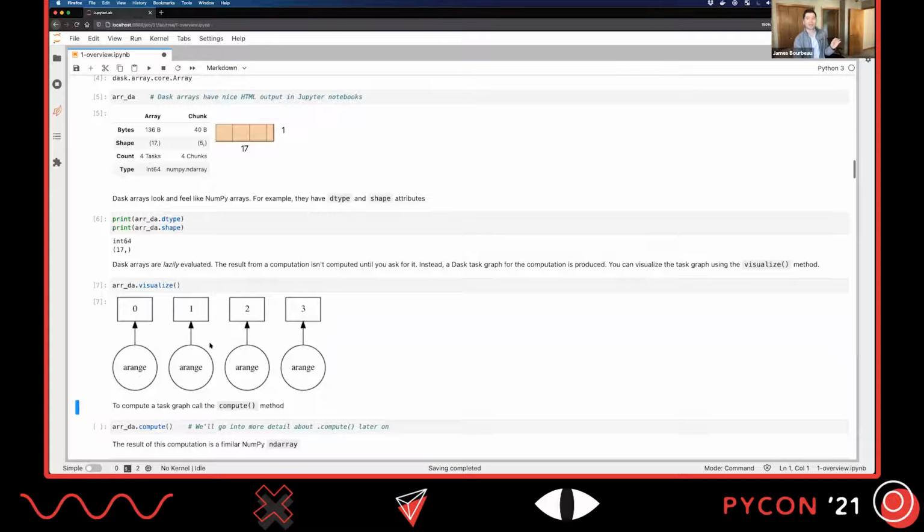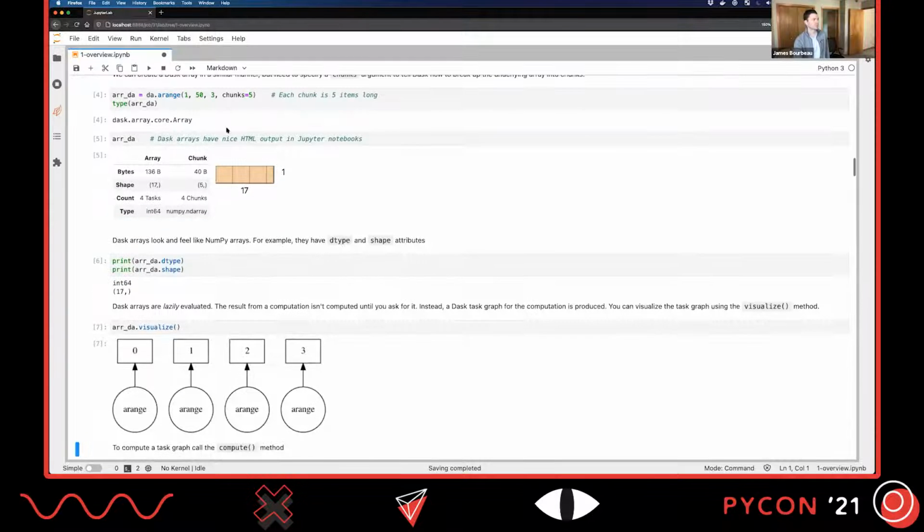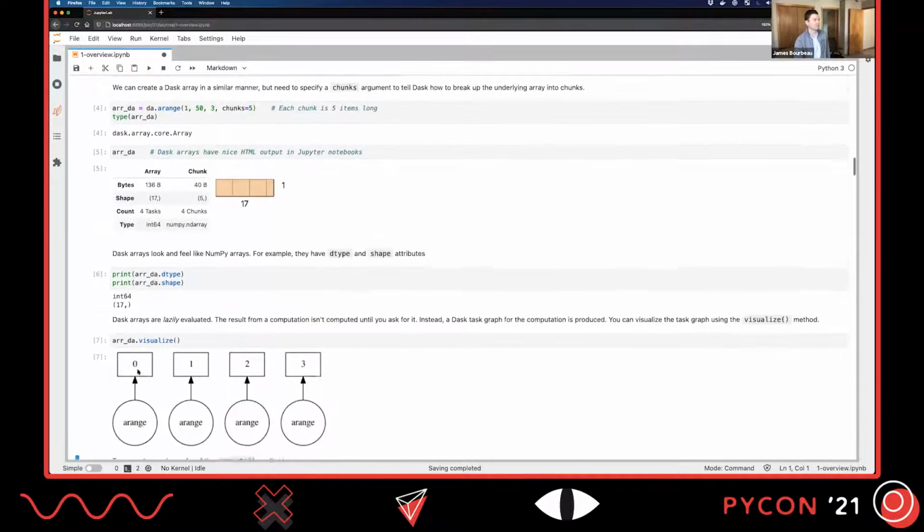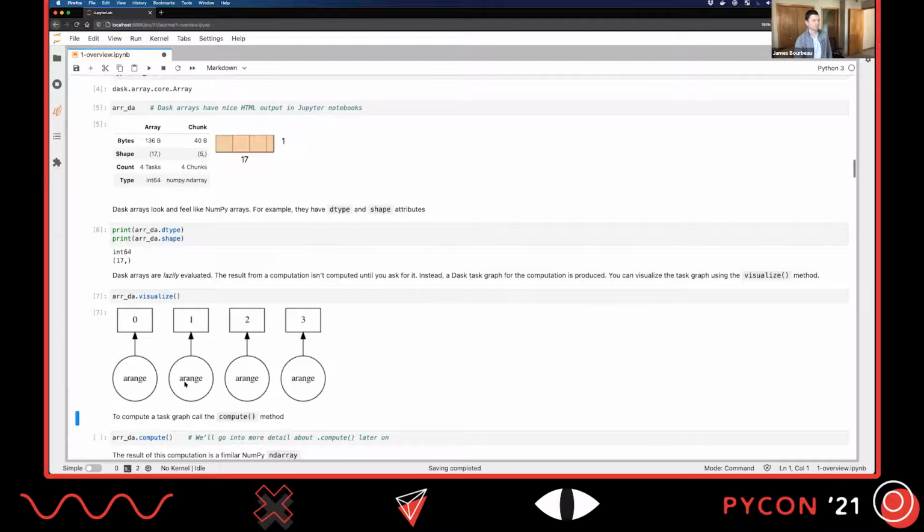So this is the underlying task graph for this Dask array. So we've taken a Dask array, like the Dask arange version. Underneath the hood, it actually just calls NumPy's arange several times, once for each chunk. So each of these function calls here, that's actually the good old-fashioned NumPy arange that's producing the output chunks for our arrays. So we can see, I'm going to call it first. So what is this in chunks of size 3? So this will be like 0 up to, what is that, 4, so on and so forth. So we'll just call arange with the appropriate start and stop bounds to produce the chunks of our Dask